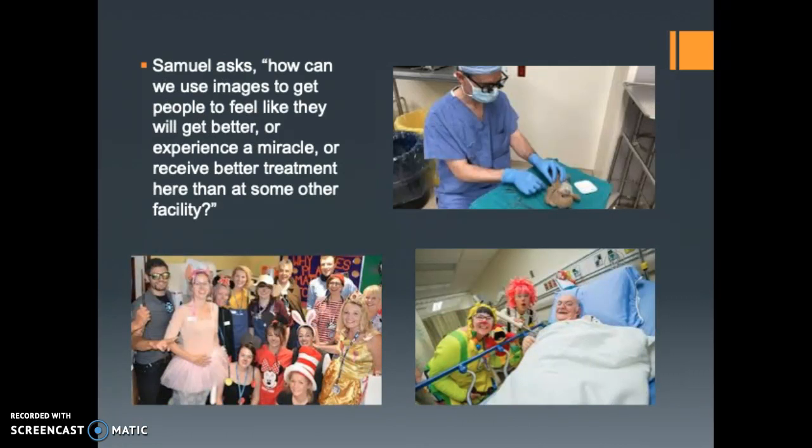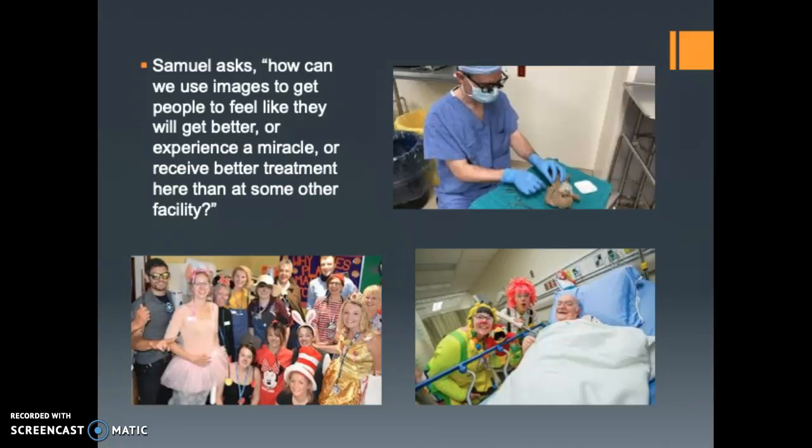Finally, our last scenario here, Samuel asks, how can we use images to get people to feel like they will get better or experience a miracle or receive better treatment here than some other facility? Again, we have, for example, here at the top right-hand corner, a picture of a doctor working on a stuffed animal,